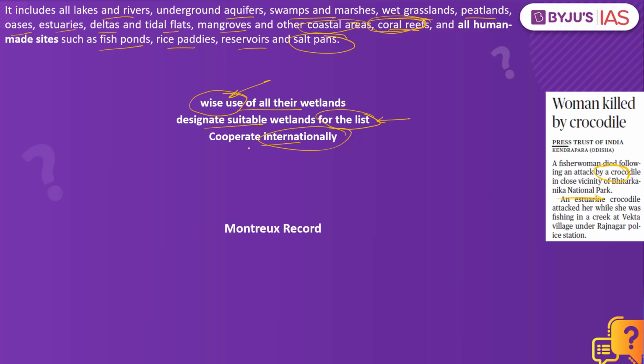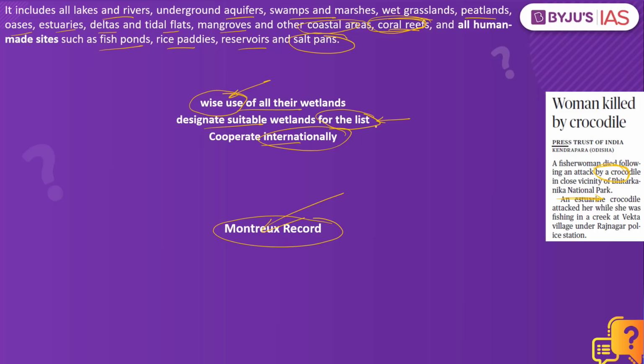There is another important point from the preliminary examination. What is it? It is nothing but the Montreux record. What is this Montreux record? Basically, as we have discussed, there is something called the Ramsar list. In this particular Ramsar list, in every country, there might be a few designated places which might be undergoing a lot of negative changes. These negative changes can be because of developmental projects, because of pollution, or because of human interference. So all those places designated as Ramsar sites, if there are places undergoing a lot of changes, such a place will fall under the Montreux record.